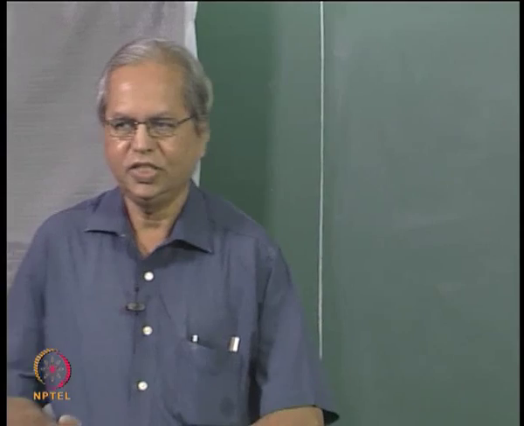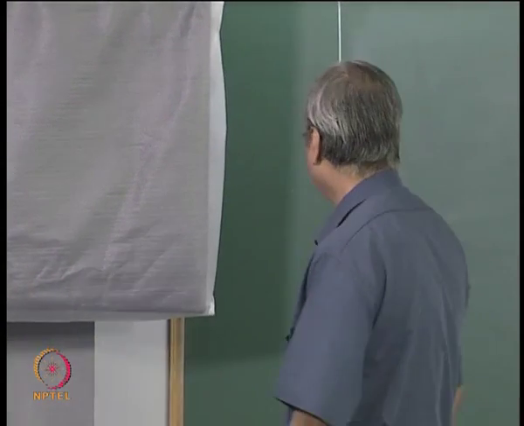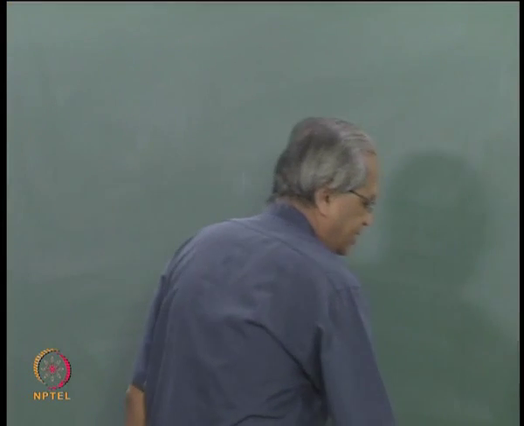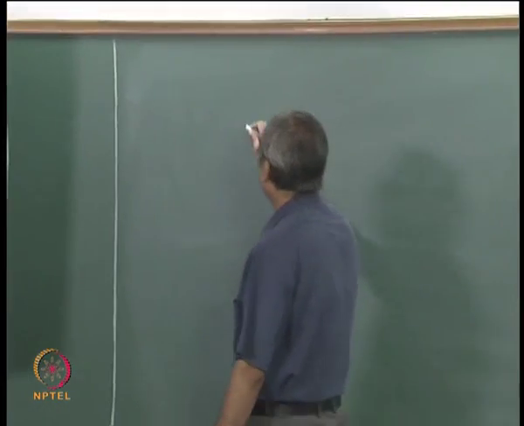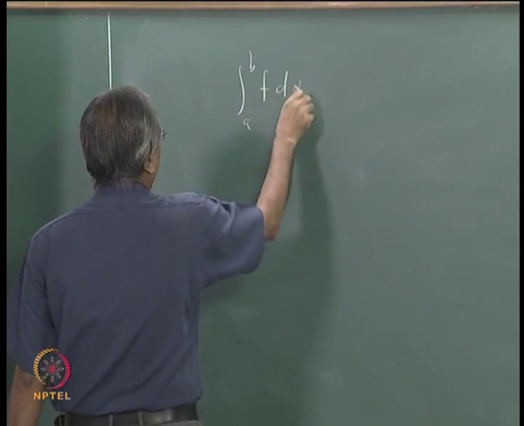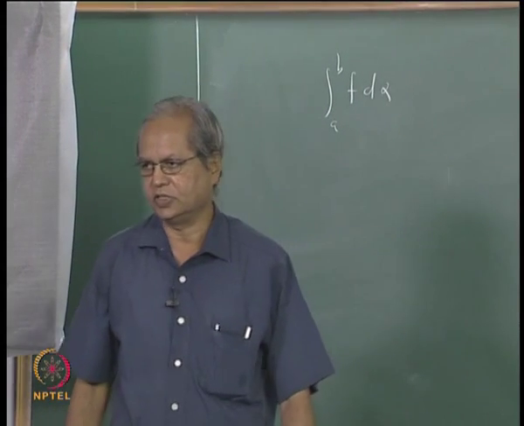Well, there are a few things about the integrals that are still to be discussed. If you remember, in the last class we had discussed what is meant by a function of bounded variation, and the whole idea there was that till then we had discussed integrals of the type integral a to b f d alpha, where we had always taken alpha as a monotonically increasing function.